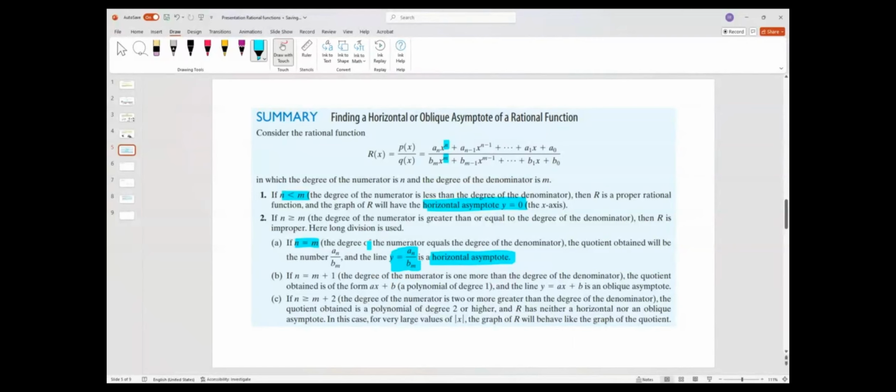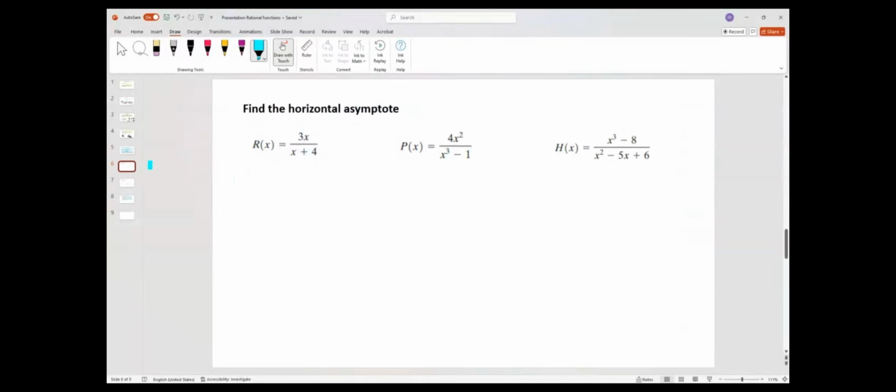Now, if the degree of the numerator is greater than the degree of the denominator by one unit, then you will have an oblique asymptote, and you must find that oblique asymptote by long division of polynomials. Let me then just go and explain this quickly here. We have to find the horizontal asymptote. We have